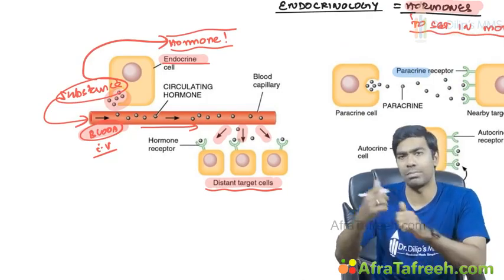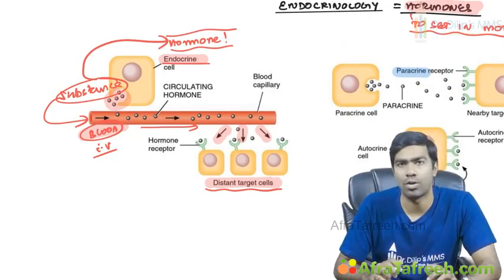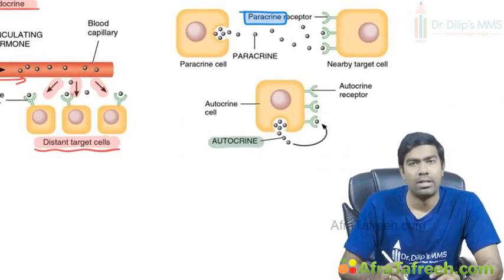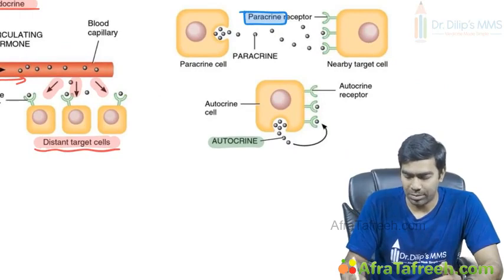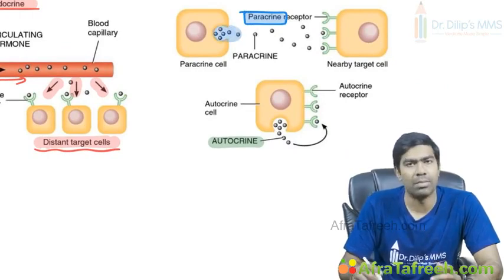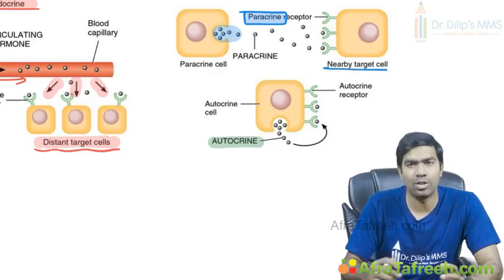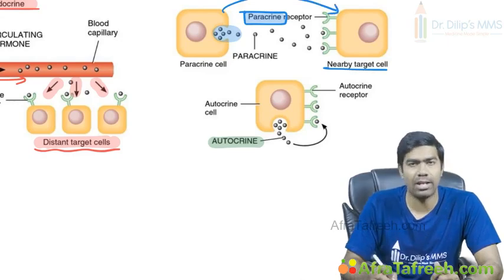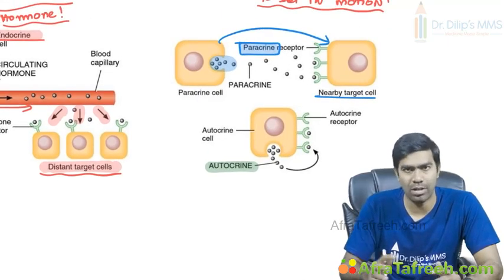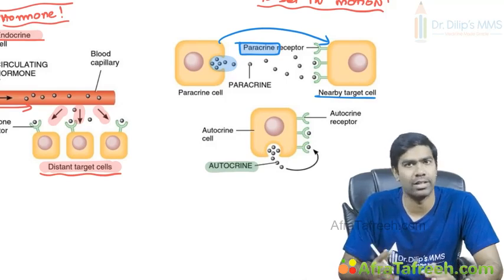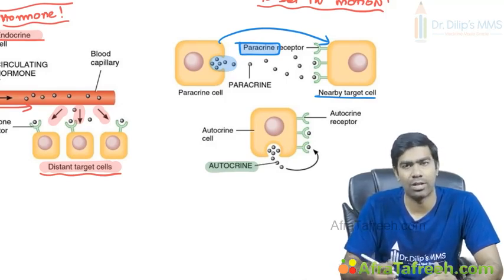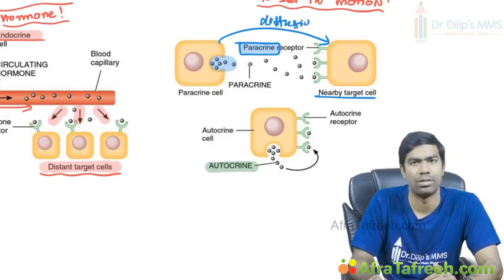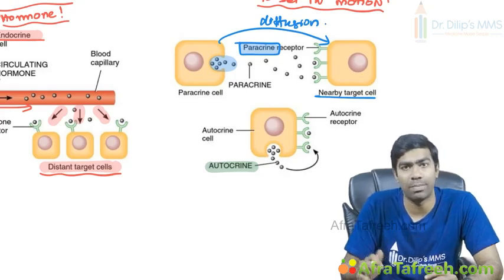But even though I told you they can be extrapolated to paracrine as well as autocrine mechanisms. What do you mean by paracrine? Paracrine means a substance that is synthesized and secreted by a particular cell is acting on the neighboring or nearby target cell, and it is not going to go via the blood to a distant site. Instead, it is going to act on the neighboring cell by a simple process called diffusion. So this is what we are going to call a paracrine mechanism.